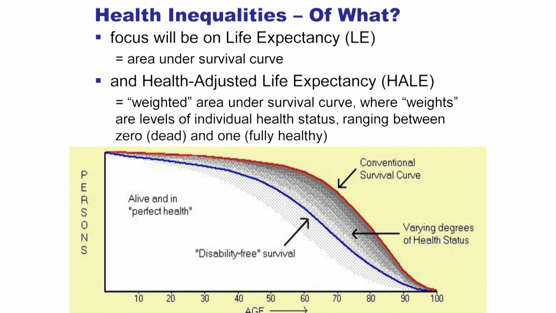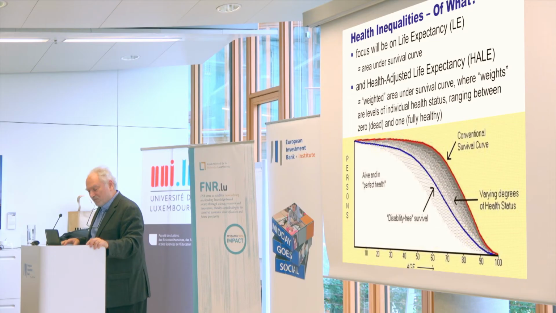This is a conventional, the outer boundary survival curve is stylized, and you see different gray shade levels. You can ignore the disability-free life expectancy line there. That's another group of people. If you take the weighted area under the survival curve, where the weights are some measure of how healthy or yucky you feel, or you are, measured by some scalar health status measure, then you get something that's not life expectancy. There are various names, but I'll call it health-adjusted life expectancy, and that's the variable I want to include.